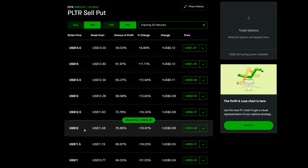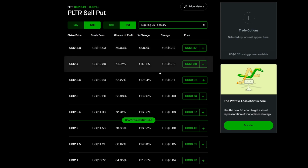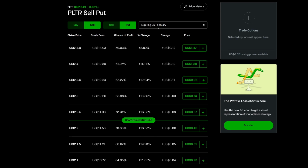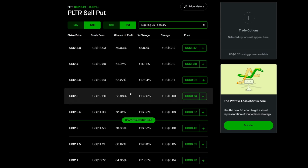But the third possible outcome that could happen here, guys, is you could actually exit the contract early. So it's a buyback. So you could buy back your option. So let's say that in this example, we collected the $42, and it's a weekly. So it's on the 25th when it expires, let's say by the 22nd of February. So we're on the 17th today, but let's say on the 22nd, this contract, because Palantir started moving upwards,